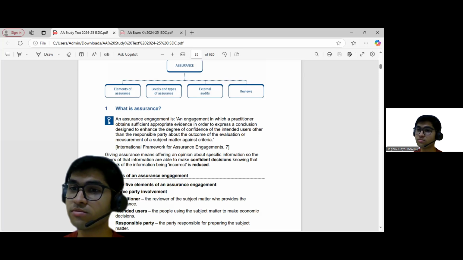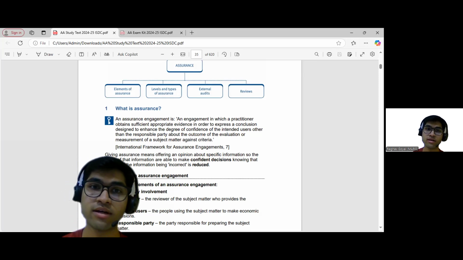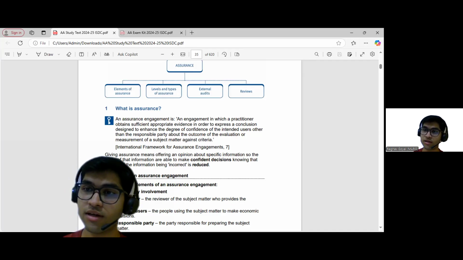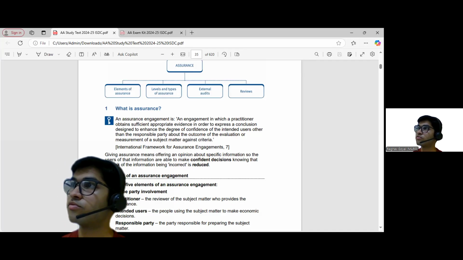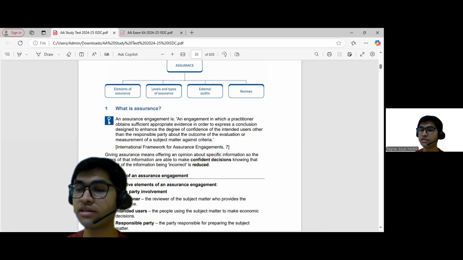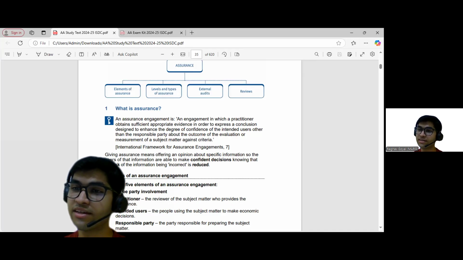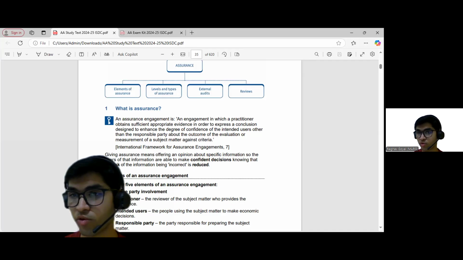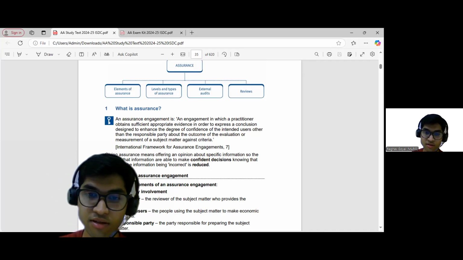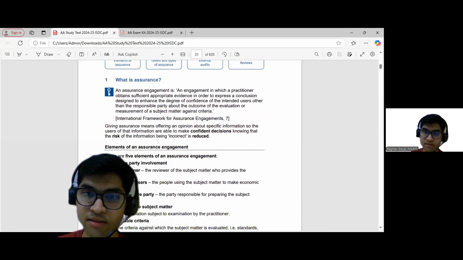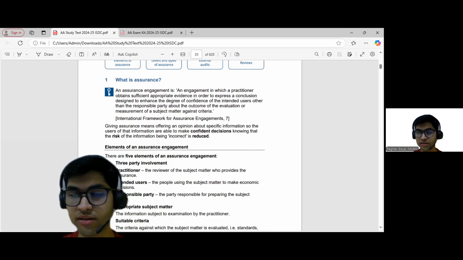Even if you do or do not, that's up to your ethical and moral principles, but there is incentive for you. There is a strong incentive for you to do it. But at the same time, if the security itself is jam-packed, everything is reviewed, there is a higher chance of you being caught, then your incentive will definitely drop, and so will the motivation. So it's similar in that sense. So basically, the risk of information being incorrect is reduced because of audit and assurance.